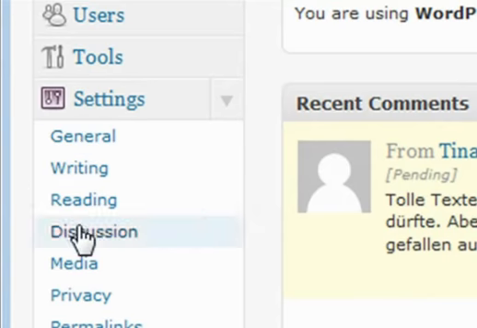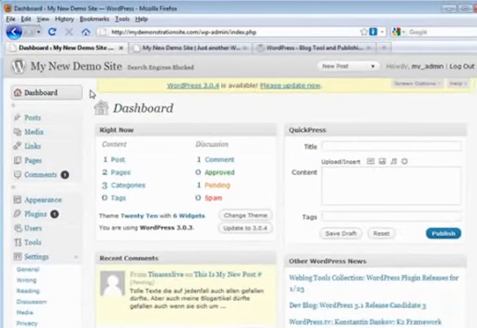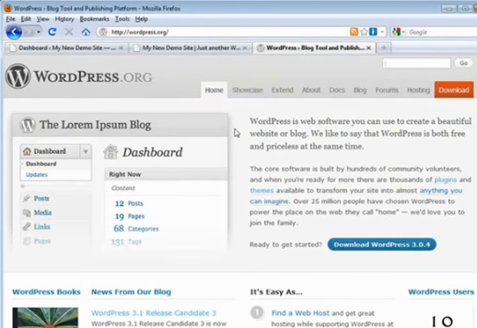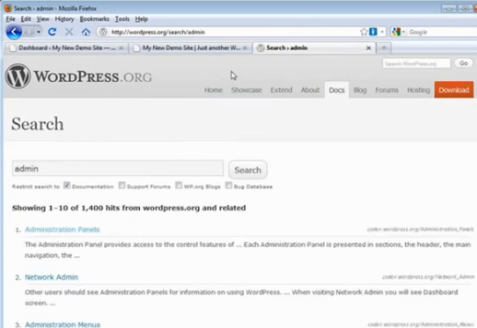Now before we get into each one of these items, I also want to point out a nice supplement to the entire video course I'm offering here on WordPress, and that is over at wordpress.org. Just about anything that you can think of, or maybe you want some additional information from what I'm explaining to you, come on over here to the search section, and let's just go ahead and type in admin, because I've done this before and I know where I'm going, and it's going to bring you to a list of related items for that particular keyword. So if we click on the administration panel here,